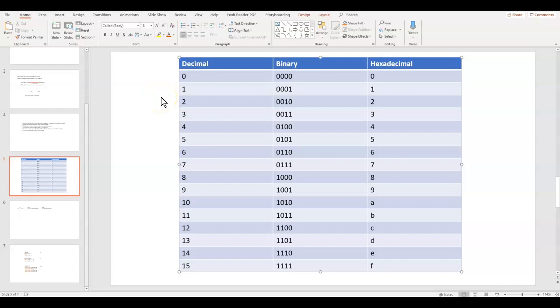Going back and forth between hexadecimal and binary or decimal is actually pretty simple. The reason it's pretty simple is because of the similarity between decimal and hexadecimal. Up through 9, they're exactly identical. 10 is A, 11 B, 12 C, 13 D, 14 E, and 15 F.